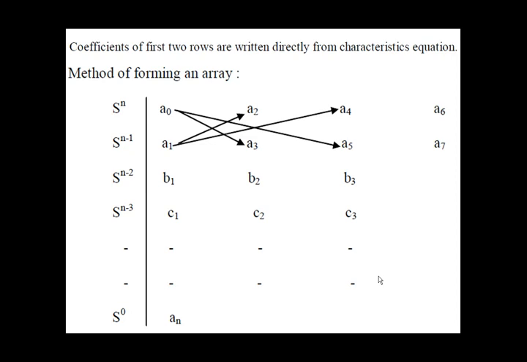The coefficients can be used to form these first two rows. So directly from the characteristic equation, we are going to consider the coefficients a0, a1, a2, a3, a4 like that, and complete these two rows of the Routh array. So how are we going to write it? The first coefficient must be in the first column and the first row, and the second coefficient must be like this. And here the Routh array order must be the maximum power.